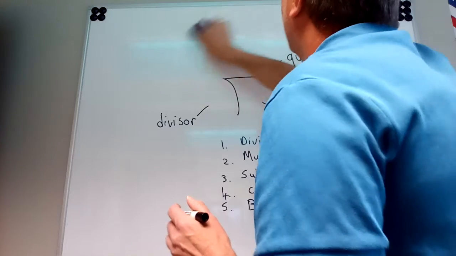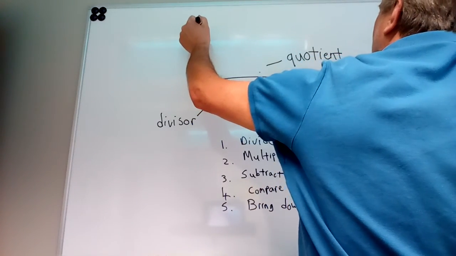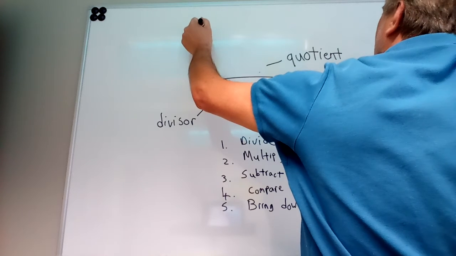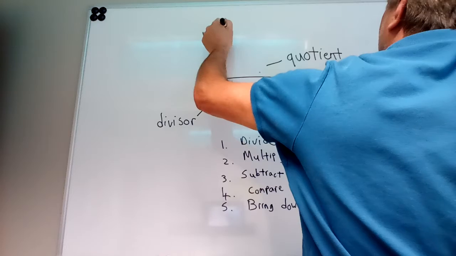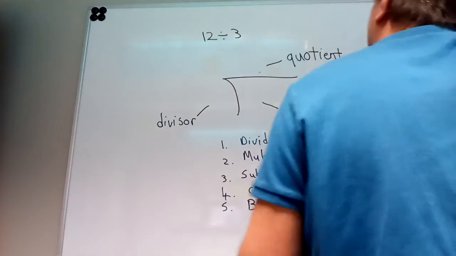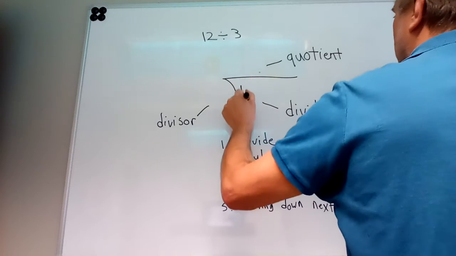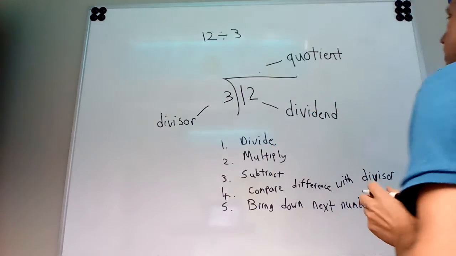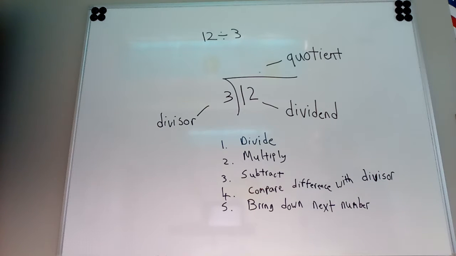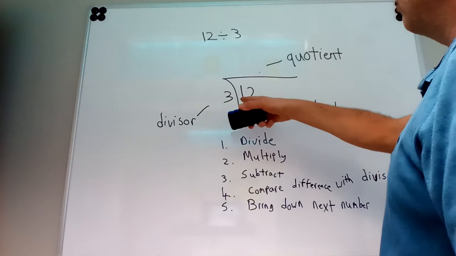Let's change this up here. Let's do one where we do have another number possibly. 12 divided by 3. Let's try that one. Now, I'm going to have 2 numbers in here, 12, but I'm only going to have one number out here, 3. Now, when I divide this, the way I like to look at this is, will 3 go into